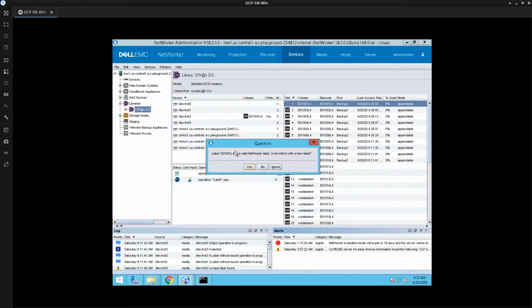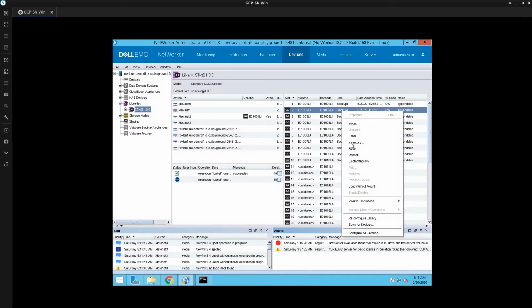So now that option is all about this prompt. Since it already has a valid header or a label, NetWorker is going to ask you if you really want to relabel this volume because it is going to override the header. So we are going to say yes, because that is what we are intending to do. So let's see what happens